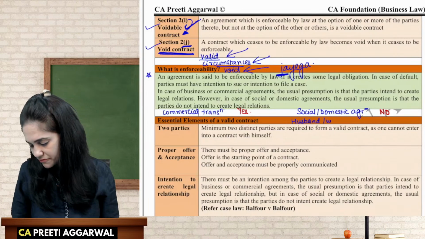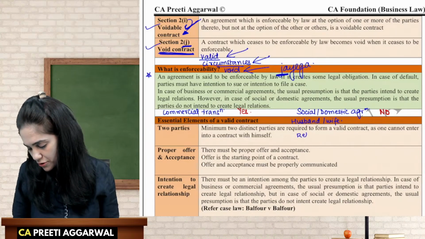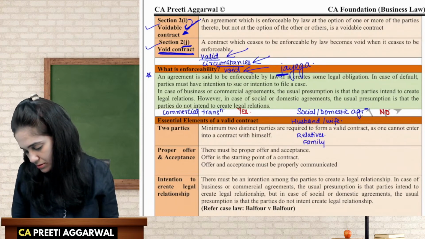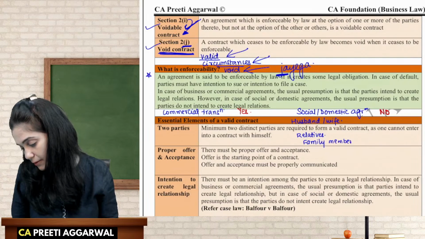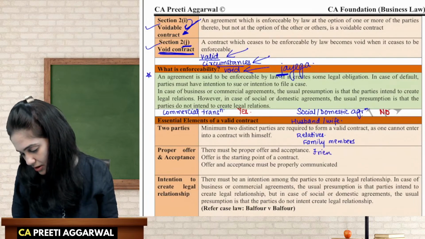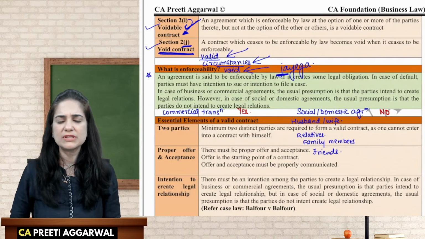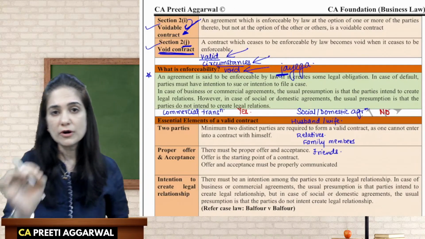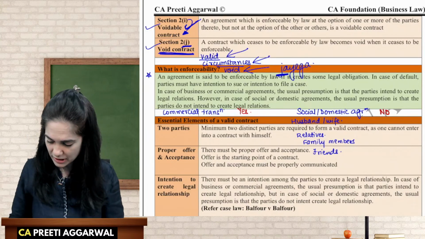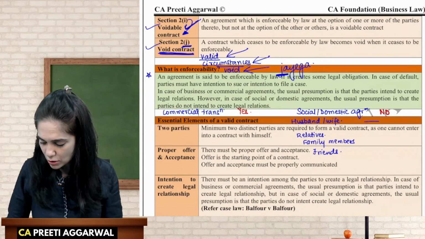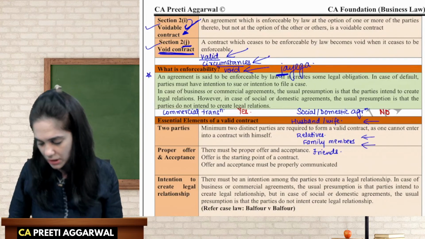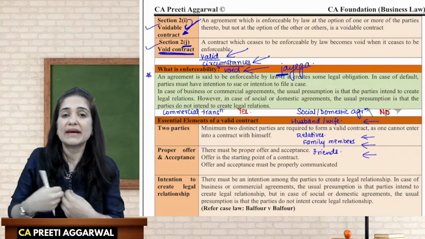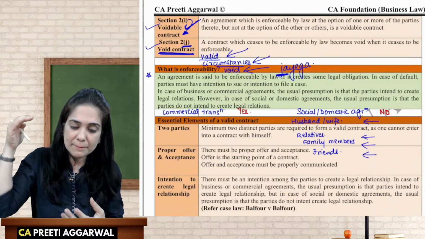Okay, in case of husband-wife, in case of contract between relatives, family members, between friends, we never assume that there was intention to create legal relation. However, students, important for case-based question. In case of these social agreements, law assumes that parties don't intend to create legal relation, but I can, by an agreement, impose legal relation.